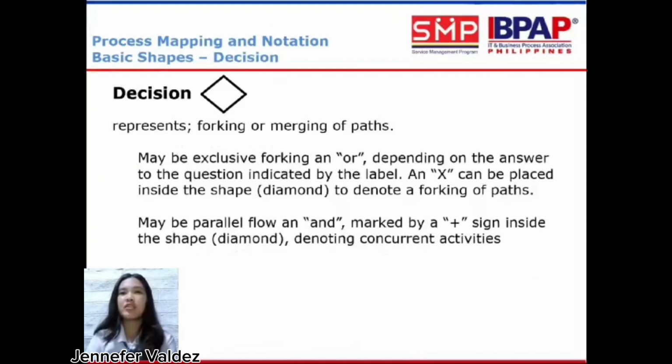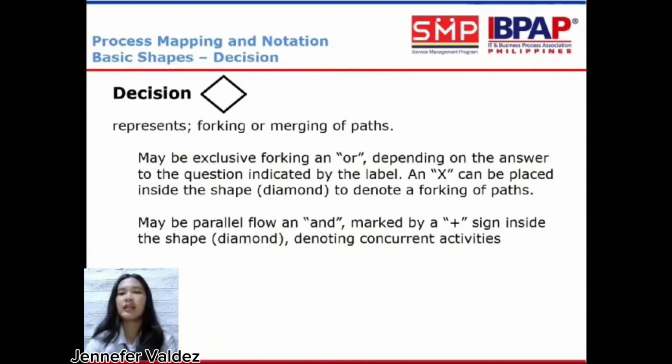Class mapping and notation: basic shape, decision. It represents forking or merging of paths, which may be exclusive forking, and depending on the answer to the question indicated by the label, an X can be placed inside the diamond shape. To denote a forking of paths that may be parallel flow, it is marked by a plus sign inside the diamond shape,